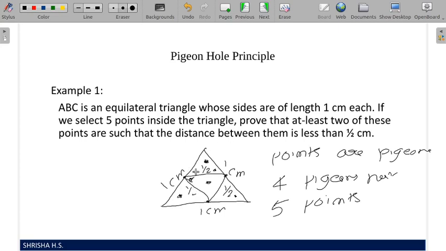So this is about the pigeonhole principle. So m is greater than n. In the examination, this is a famous question. Write the triangle and the triangle inside, put all the 1 centimeter and half centimeters, plot the points, and state that these are pigeon nests, and 5 points are actually pigeons, and m is greater than n. Therefore, by the pigeonhole principle, at least 2 of these points must be within half a centimeter, less than half a centimeter. That would be the distance between at least 2 points.